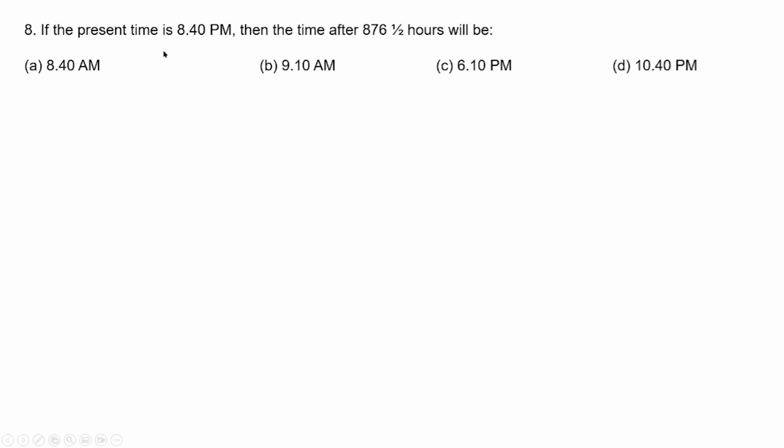The next question: if the present time is 8:40 p.m., then the time after 876 and a half hours will be. This question was also given in last year's sample question paper. They have given the present time as 8:40 p.m. We have to find the time after 876 and a half hours. Here we cannot use modular arithmetic for real numbers, so we have to leave this half and find 876 mod 24. Then after finding the answer, let us add this half an hour, which is 30 minutes. So 876 mod 24, when we divide 876 by 24,